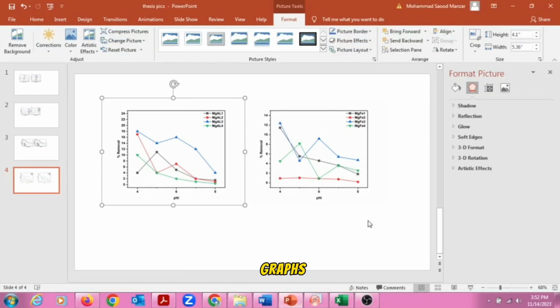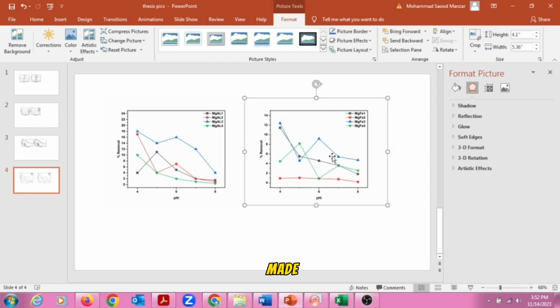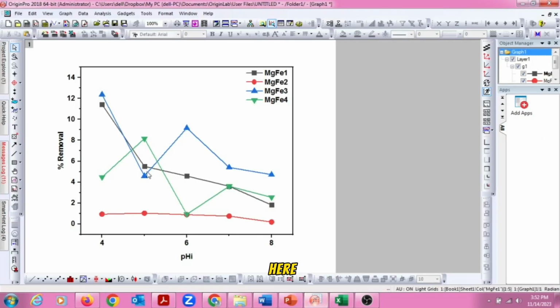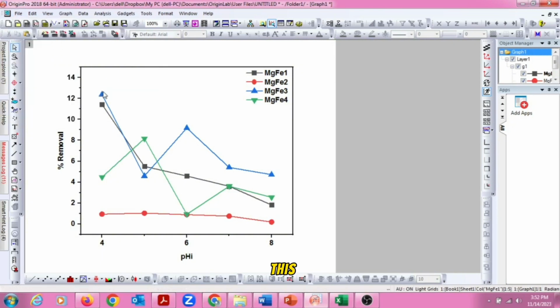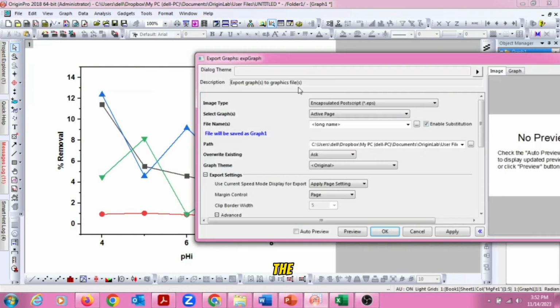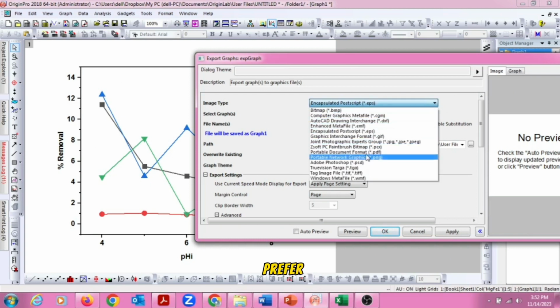Group two graphs into the Word file. So usually we have two ways. Here is my graph, okay, and this graph has been made by Origin file. As you can see here, this is a graph here. First of all, we need to export the graph like this, and after exporting the graph, usually we prefer